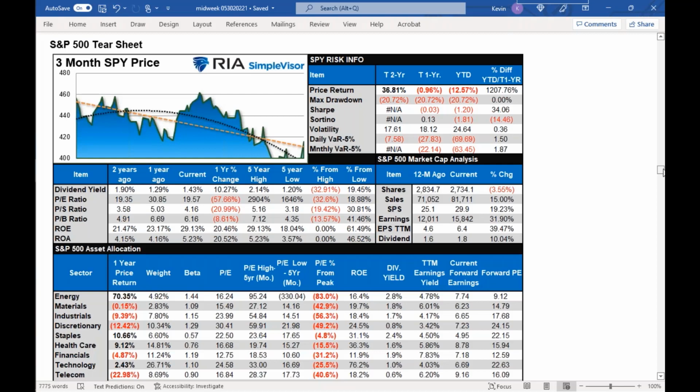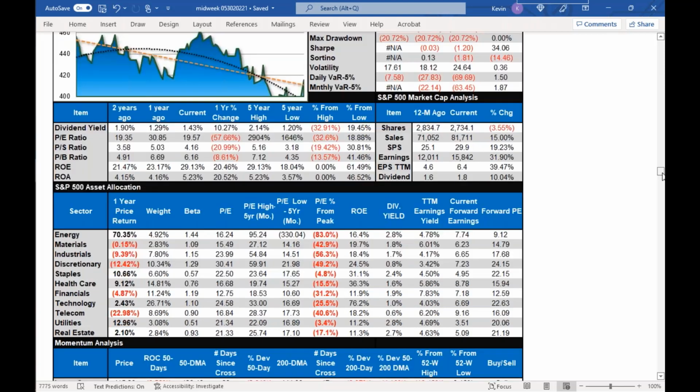I don't know if I agree with all of these, but I do think it was kind of funny that year to date, that was down 12.57. The maximum drawdown was 20.72, which is correct. The Sharpe ratio and Sortino, I don't understand. The volatility doesn't make sense. But I just went through looking at some of the positions, and really what I thought was interesting were their